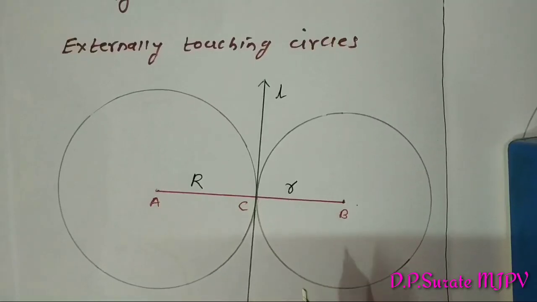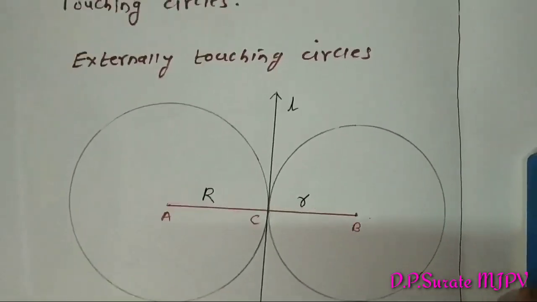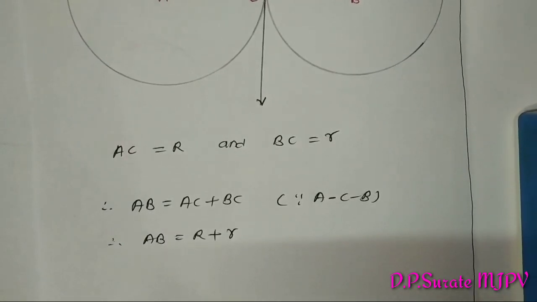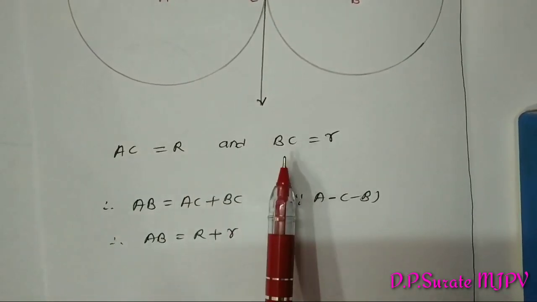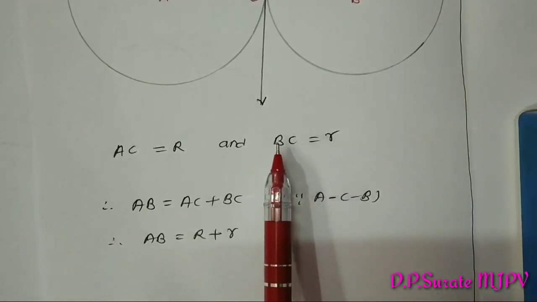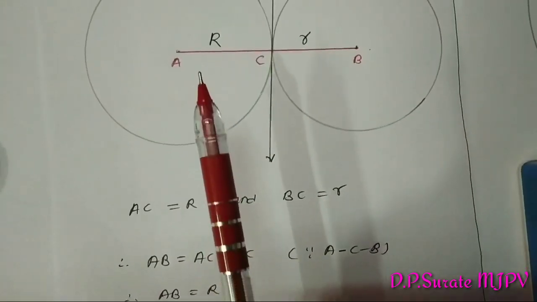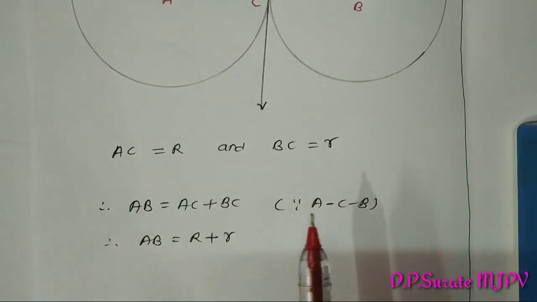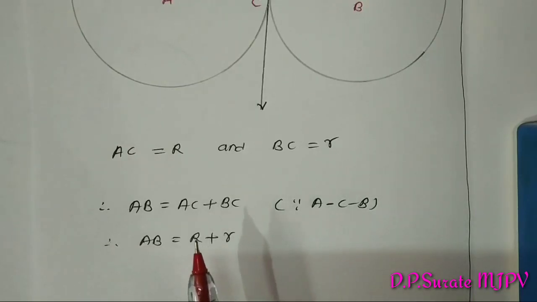Now here, as these two circles touch each other externally, we are finding the distance between their centers. So here AC is a radius of the first circle with center A and BC is the radius of the second circle with center B. Now as these three points A, B, C are collinear, therefore AB equals AC plus BC. Here we are taking point C lies between A and B, therefore AB equals capital R plus